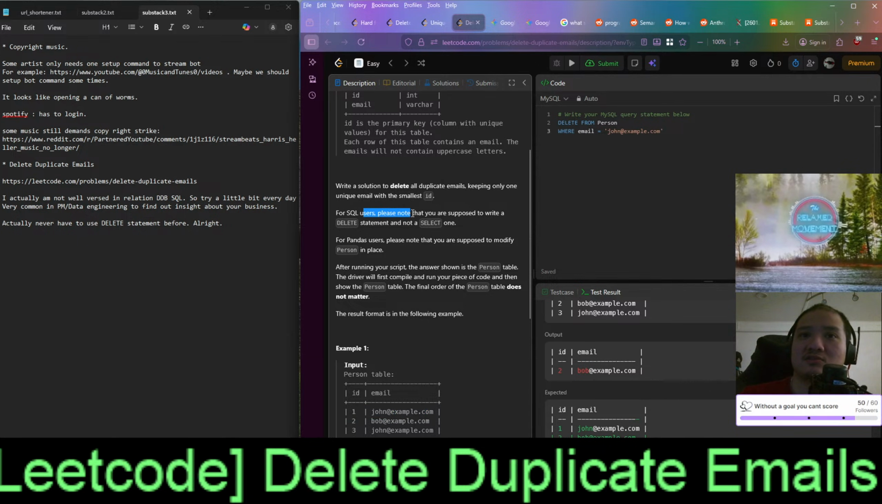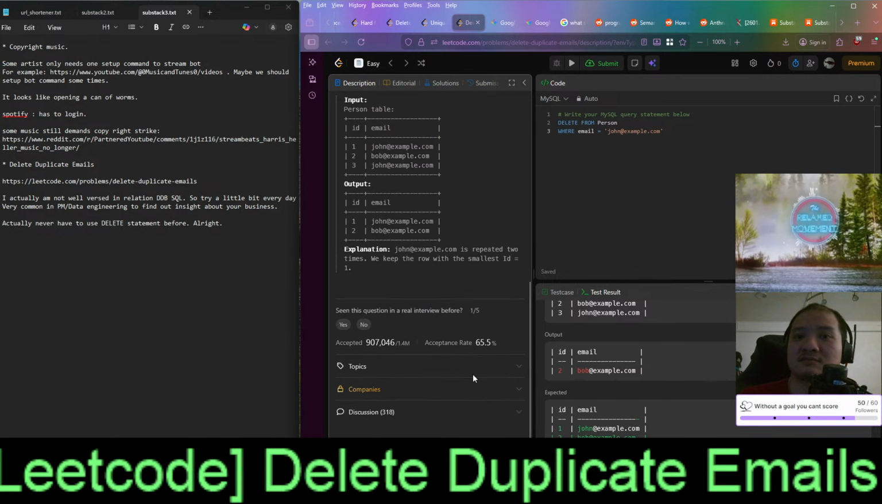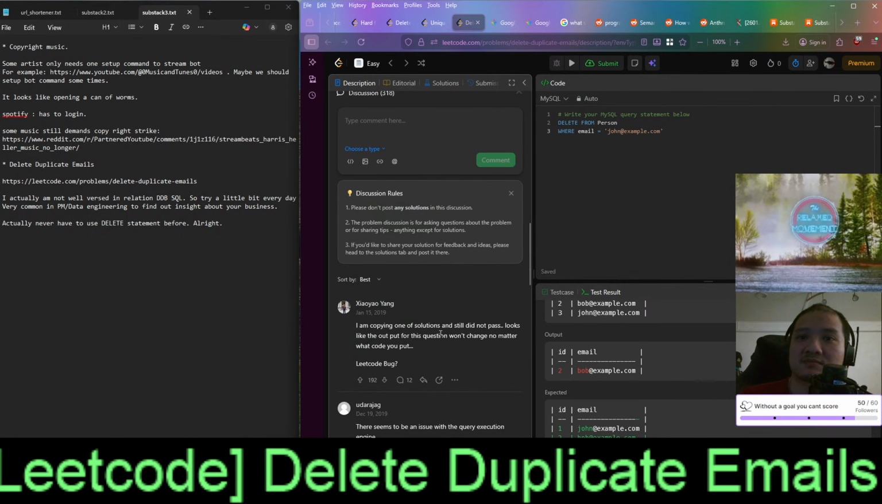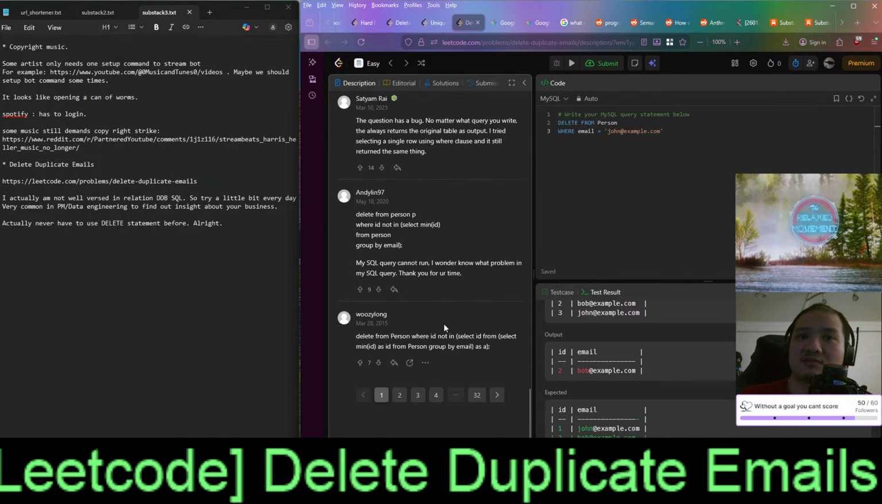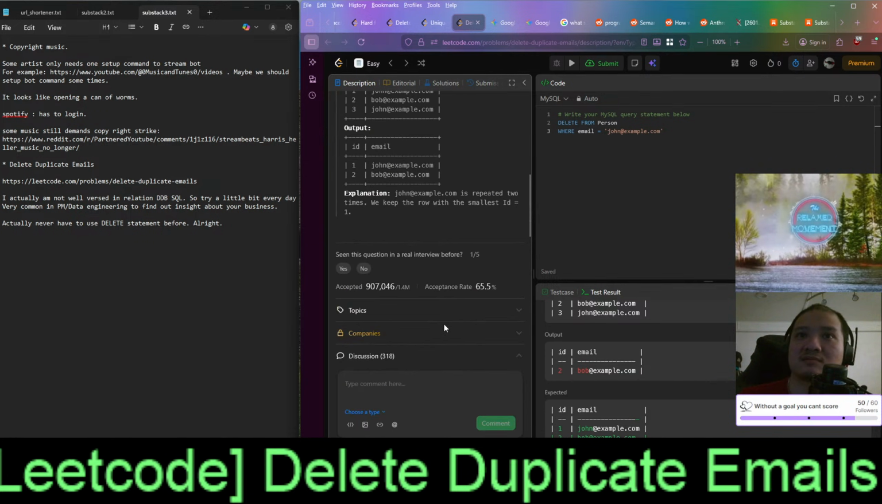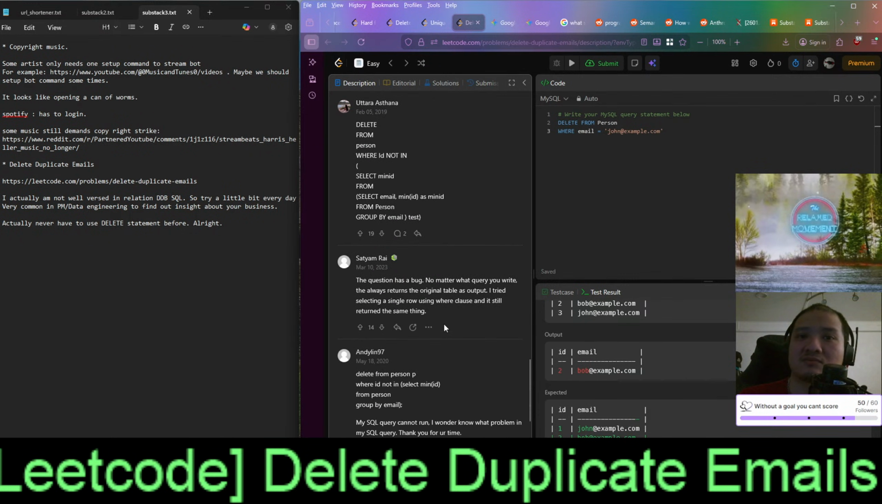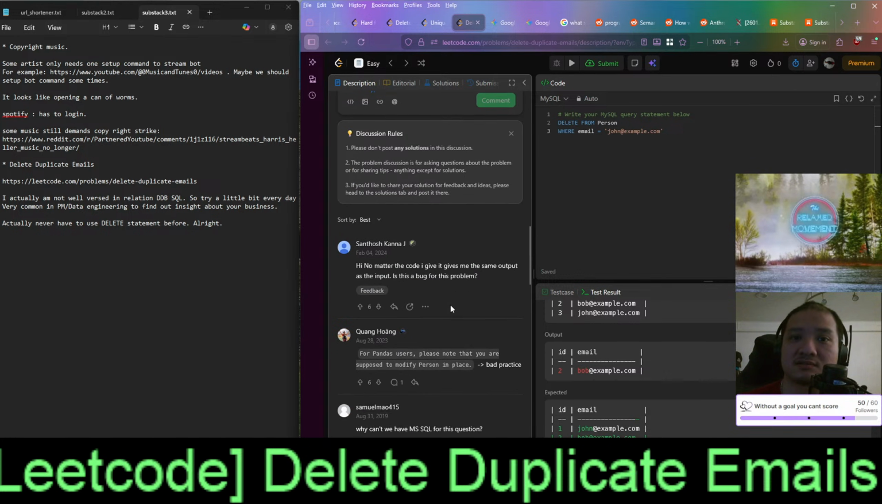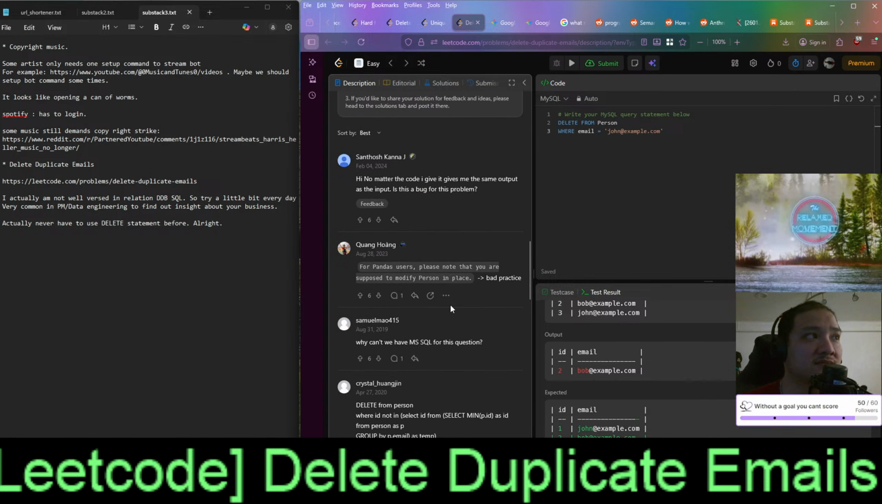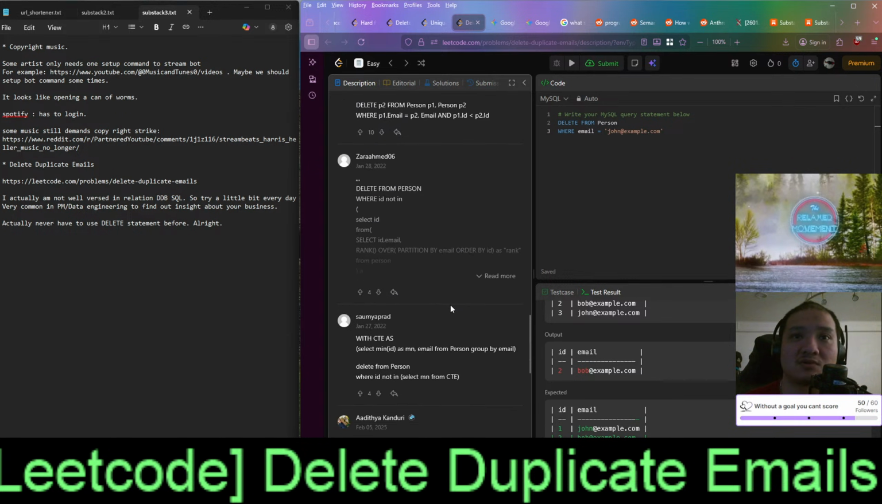For SQL users, please note that you are supposed to write a delete statement, not a select one. But how do you still merge, right? Not looking at the answer. Don't put the answer, boys. No, I don't want to see the...